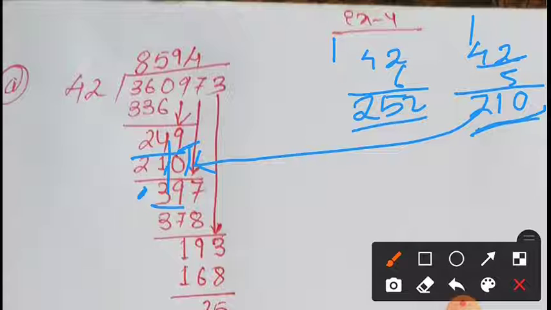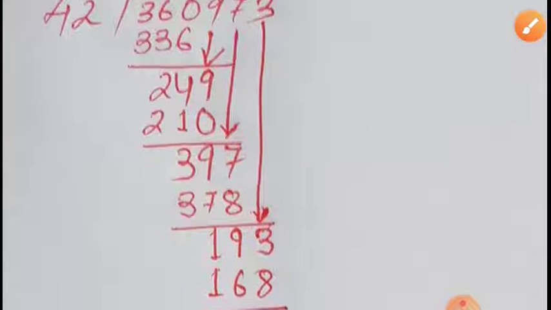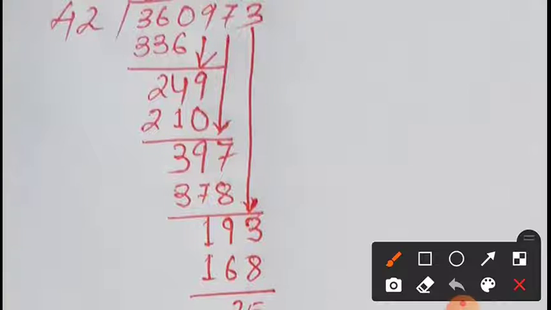So let us see another step, how to do it. The next step is, we'll bring 7 down, then 397 we have got. Now think, how much of 42 will give you 397. You see, if you remember,